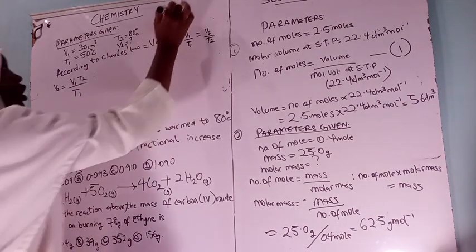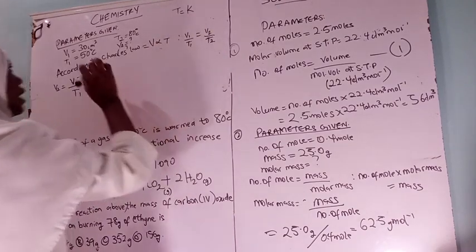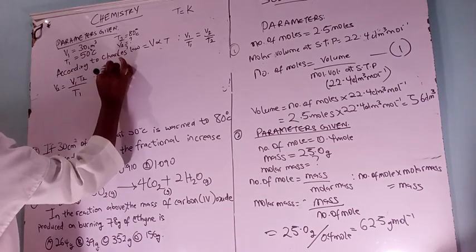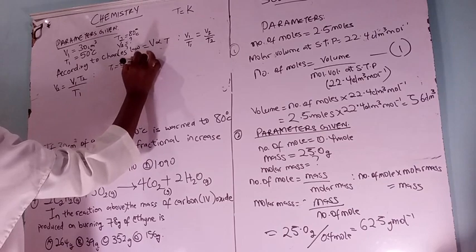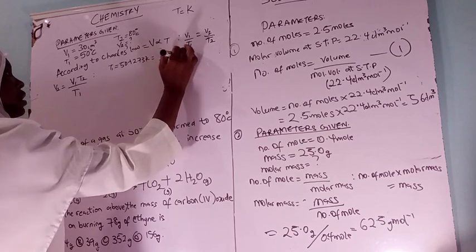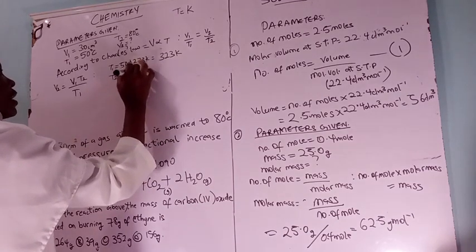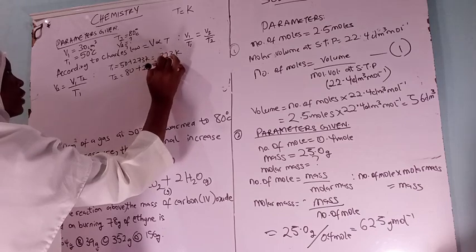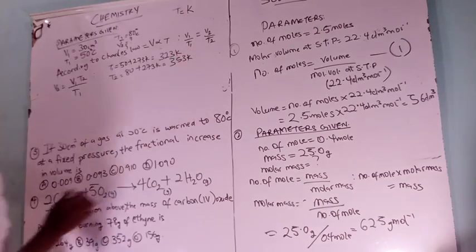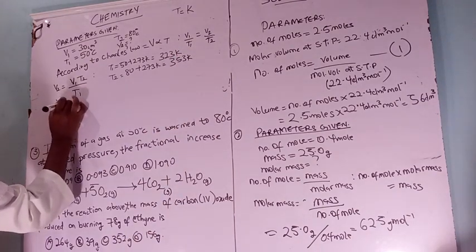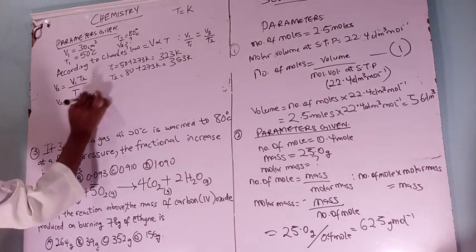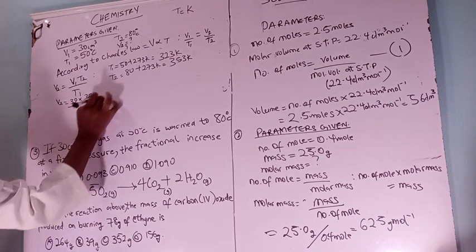Don't forget, temperature is expressed in Kelvin. Then we have to convert this to Kelvin. That is T1 equals 50 plus 273 Kelvin. That gives us 323 Kelvin. T2 equals 80 plus 273 Kelvin. That gives us 353 Kelvin. Now V2 equals 30, which is V1, times T2, 353, over T1, 323, equals